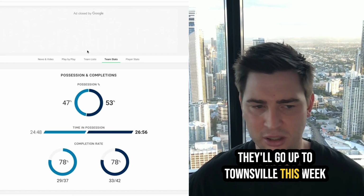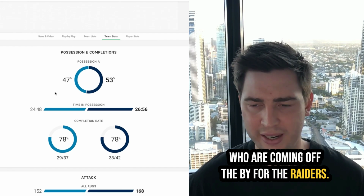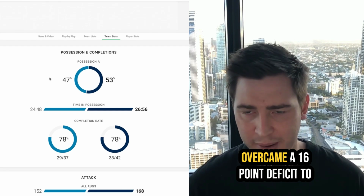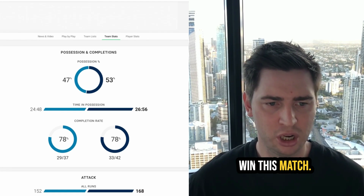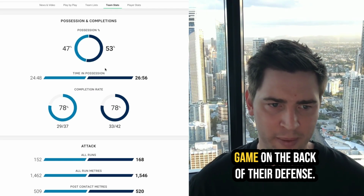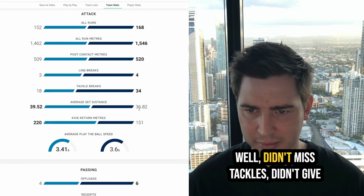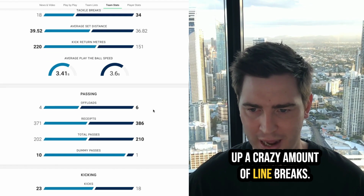They'll go up to Townsville this week on a 6-day turnaround to play the Cowboys, who are coming off the bye. For the Raiders, they made it 3 straight wins, overcame a 16-point deficit to win this match. All positive signs. Even though they scored 30 points, I believe they won this game on the back of their defense. After that slow start, they defended well, didn't miss tackles, didn't give up a crazy amount of line breaks,